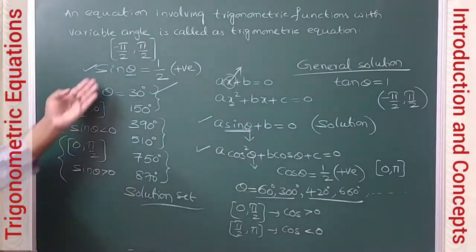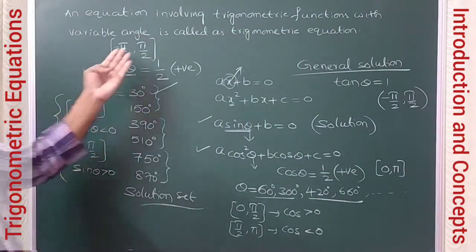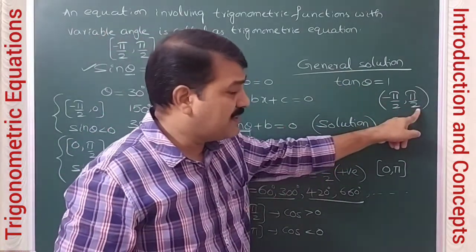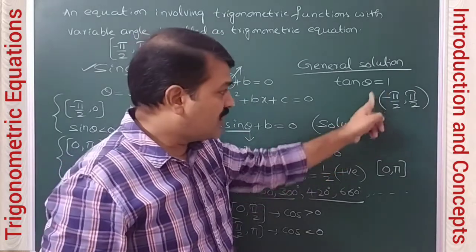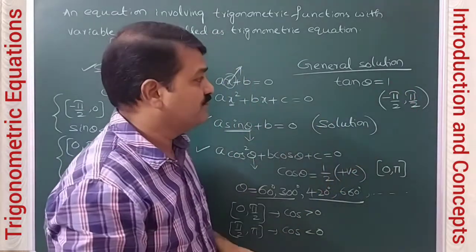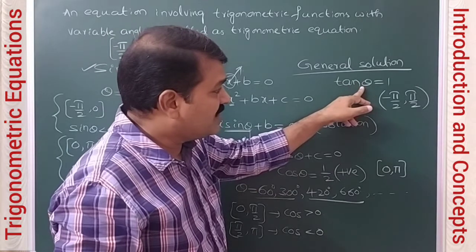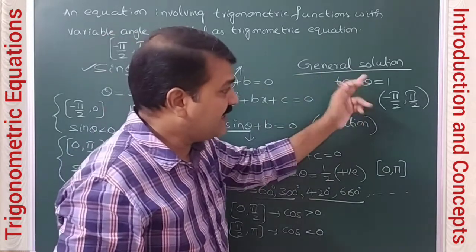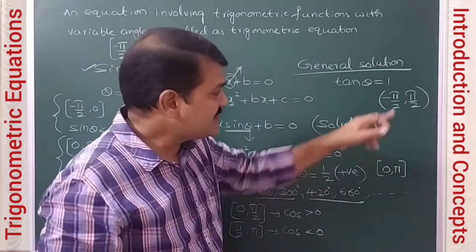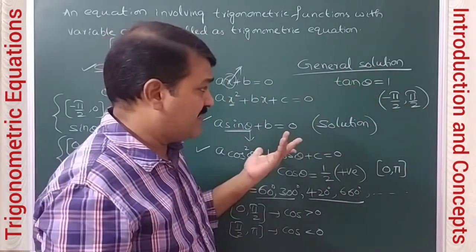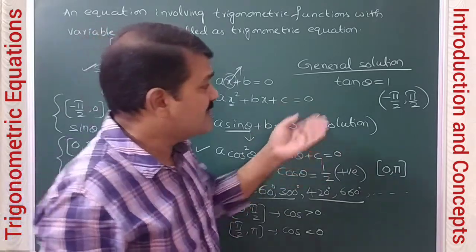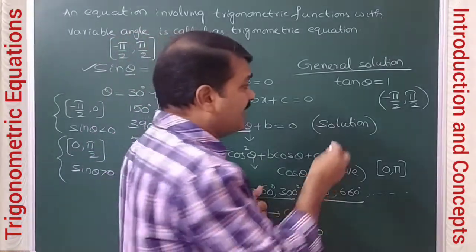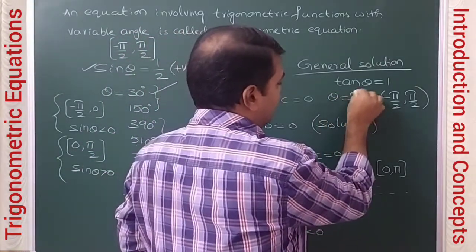So it is same as the sine function interval, but we are taking open brackets here, because tan theta is not defined for pi by 2 and minus pi by 2. We are not including the end values. So the principal solution for this function will be an angle lying in this interval and satisfying the equation. Of course, the principal solution must be unique. That means there must be only one angle in this interval. So what is that angle? Theta is equal to pi by 4.